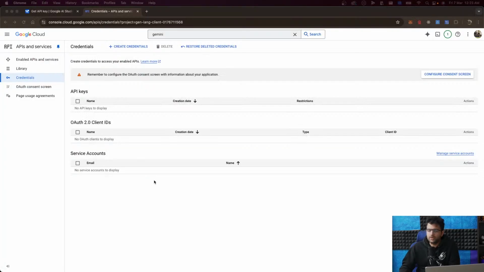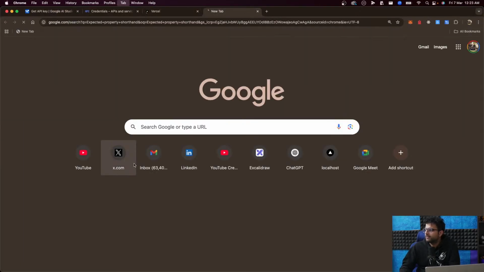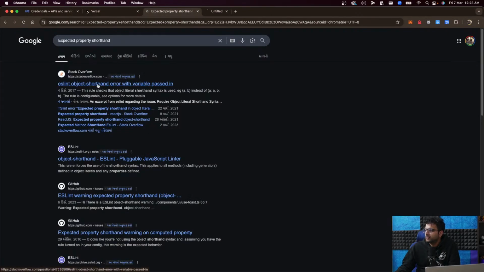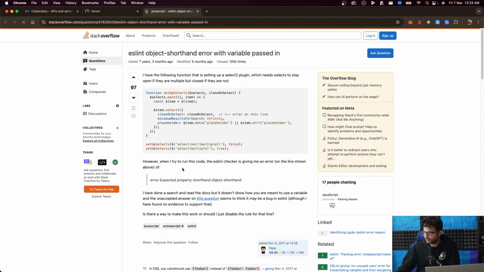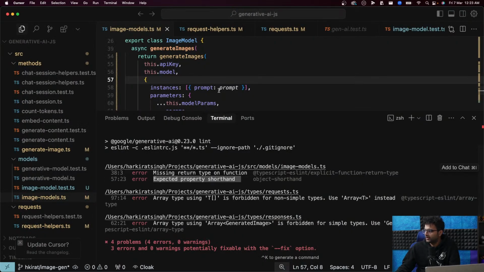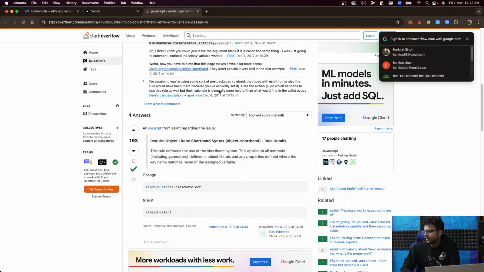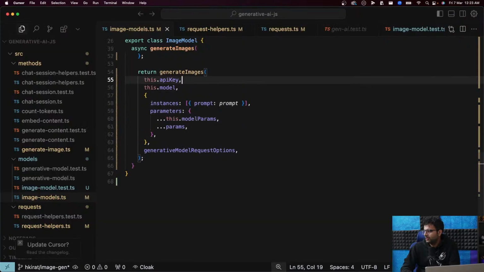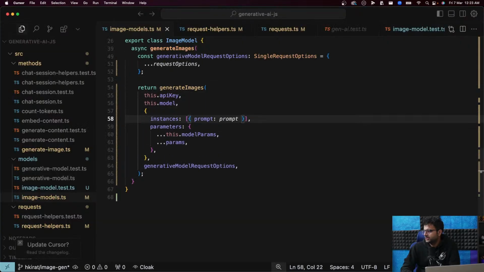This should have been one place where AI would have helped us a lot. Makes sense. Where though? Instances, this thing, parameters, this thing.